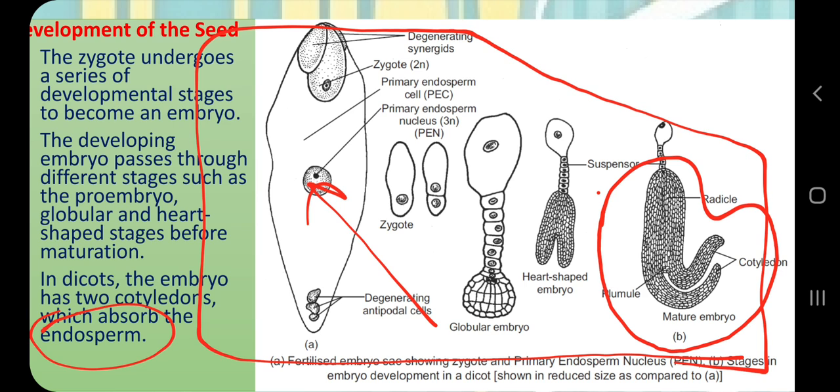So when we sprout the gram or the peas, what happens? The conserved food within the cotyledons of the plant embryo will help the plant to grow from its seed form when it sprouts. But when we are talking about grains, wheat, corn and rice, what happens is that the endosperm conserved in the monocot seed, not in the cotyledon, endosperm as such, will help the seed to